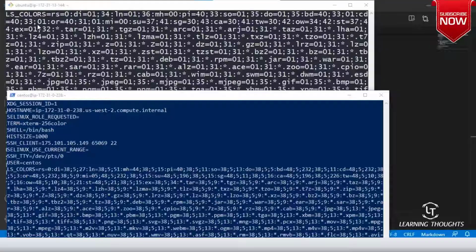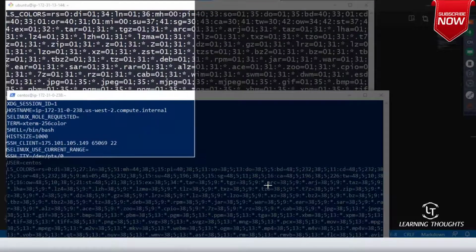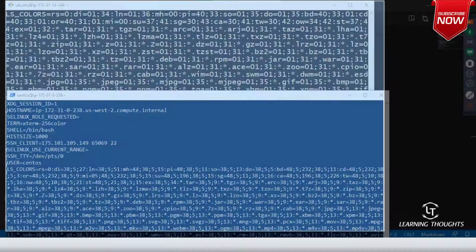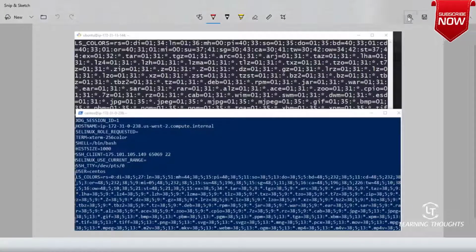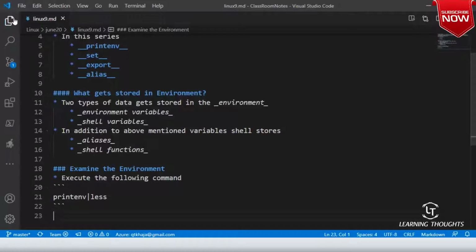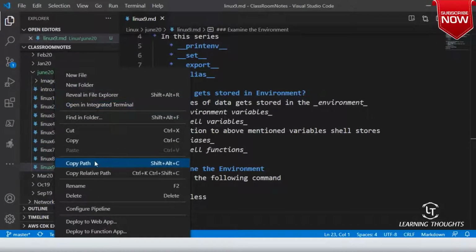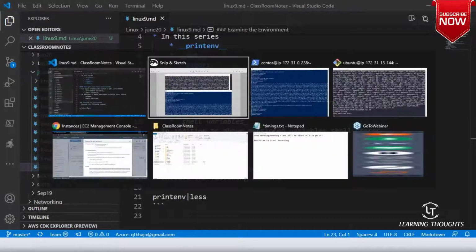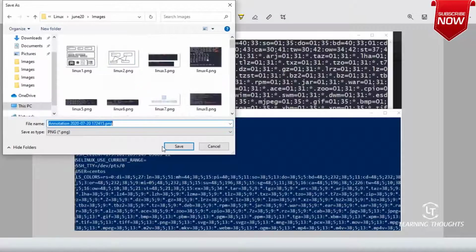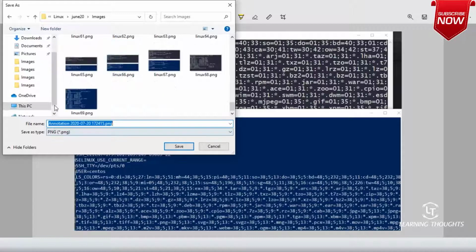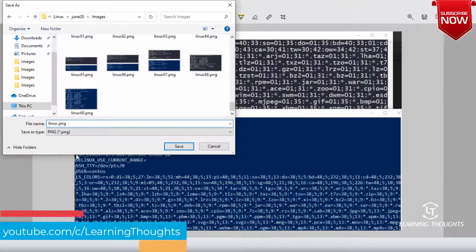Before discussing what has happened over here, let me take a screen capture of this. I'll save it, copy the path, and get into this folder.